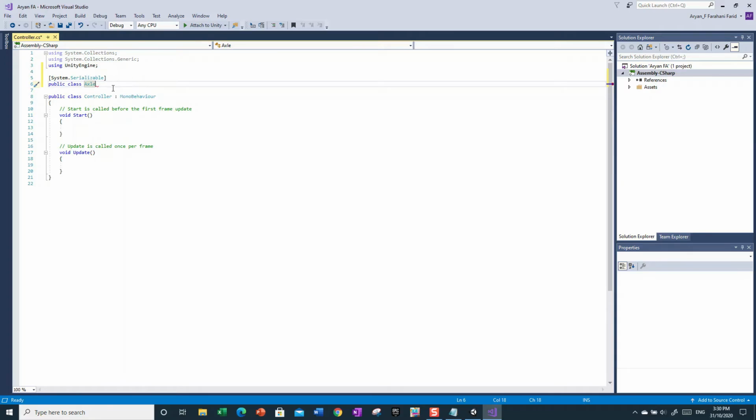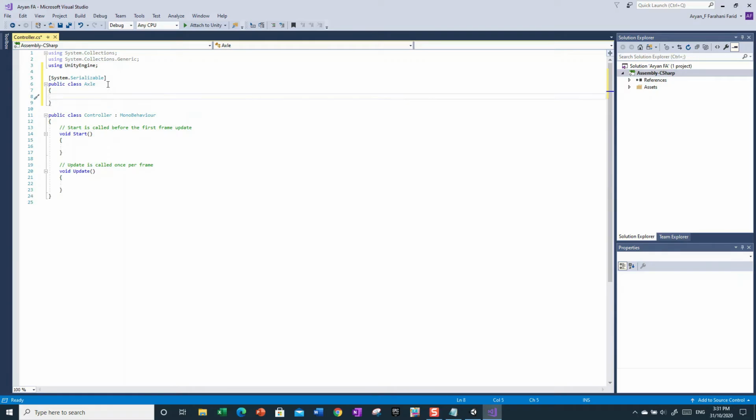Now all we want to do next is push enter. Then we're going to put a curly bracket here, and then press enter again. Now it's going to put these curly brackets onto the side, and then in those curly brackets we're going to write public